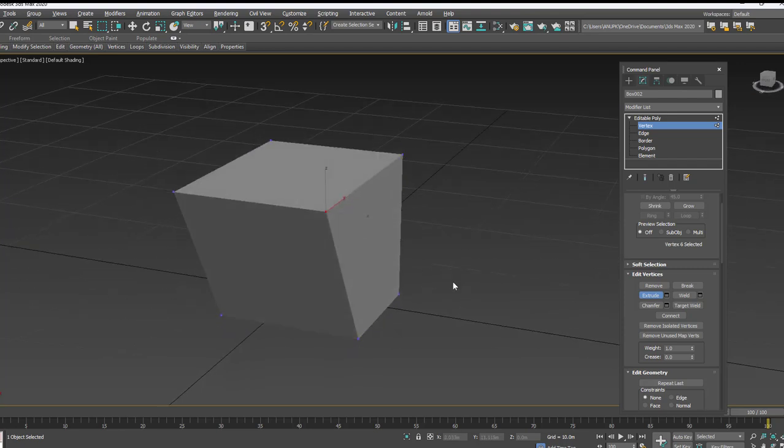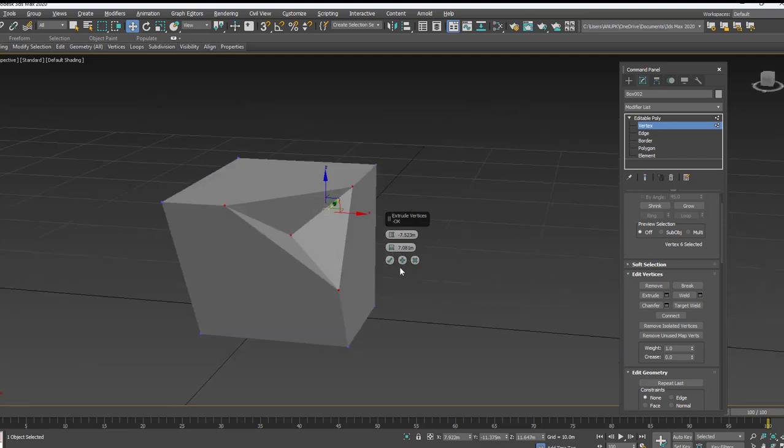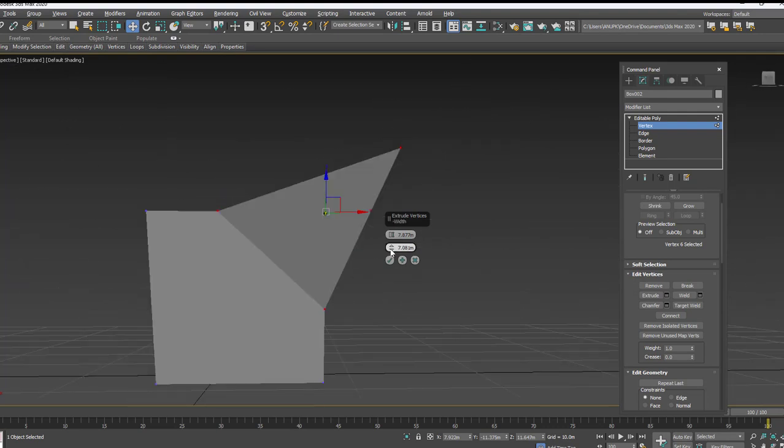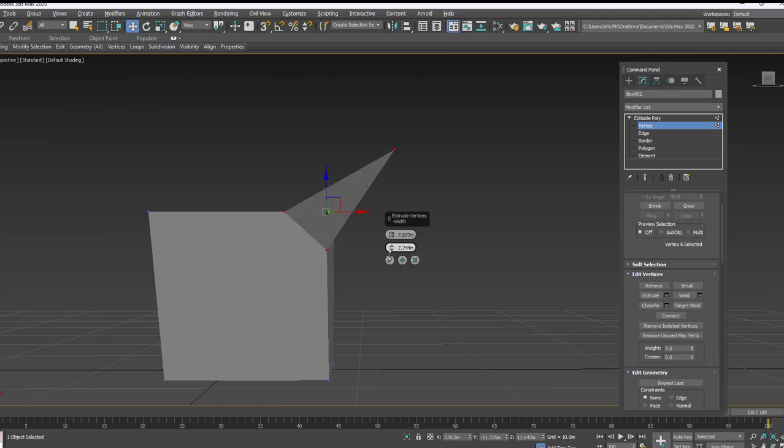In order to get the settings related to the extrude option, you have to click over the settings option. Click over that. Then you will get the options. The minus means the thickness is coming to the negative side. Here you can see, you can send it inside. Positive means you are increasing in a positive manner like this. And then the height value will decide the positive and negative amount. And then the second option is amount, at what amount you want to extrude.